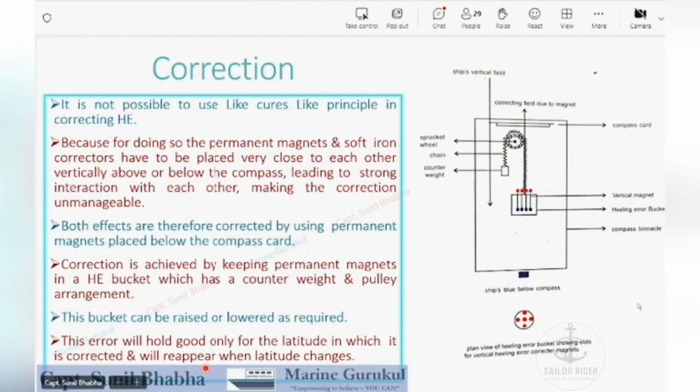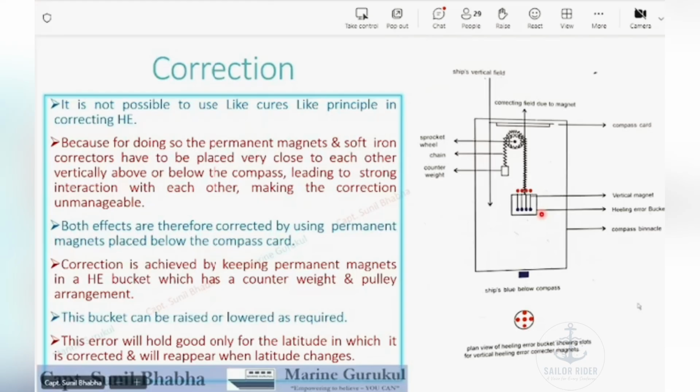That's because in whichever latitude you have corrected the heeling error, as soon as the ship changes the latitude, the induced heeling error is going to change. But our corrector is a permanent magnet, the correction will not change. So either it will be overcorrected or it will be undercorrected, leading to the heeling error getting generated as soon